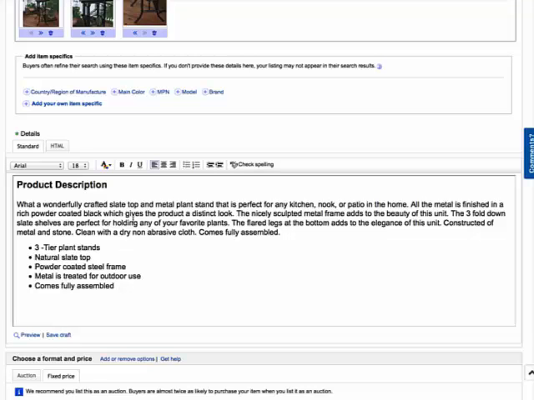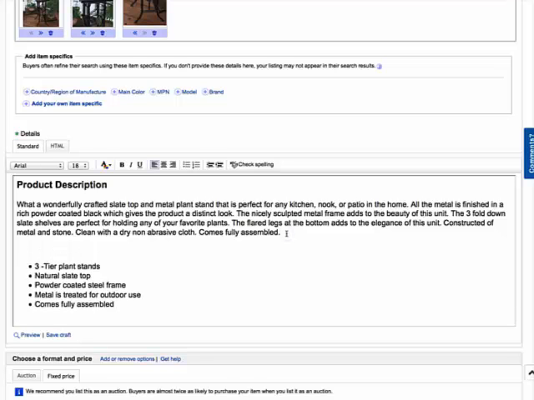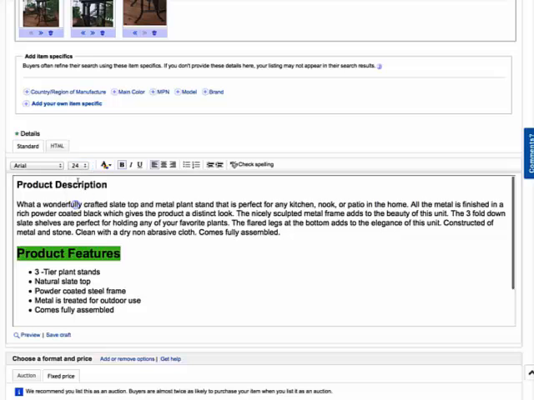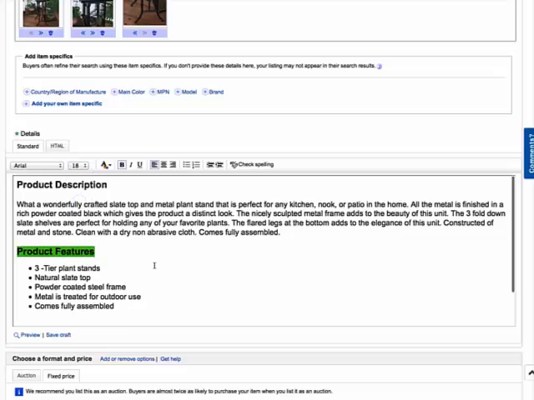I'm gonna go down here and space a couple times down, and whoops, here's where I'm gonna put my product features, and I'm gonna bold that, and also make it 18. So I've got nice headings here. They're bold, they're easy to read, and I'm going to go down here and I'm ready to put in, probably